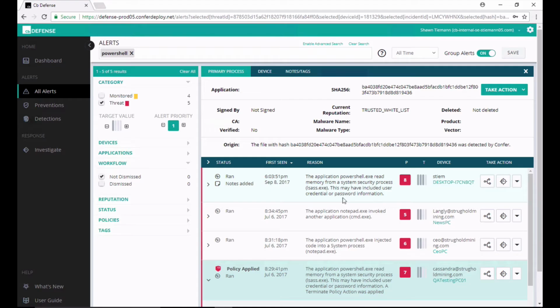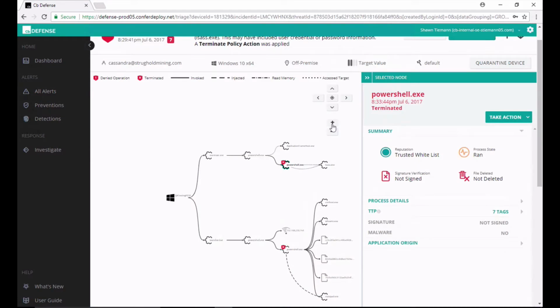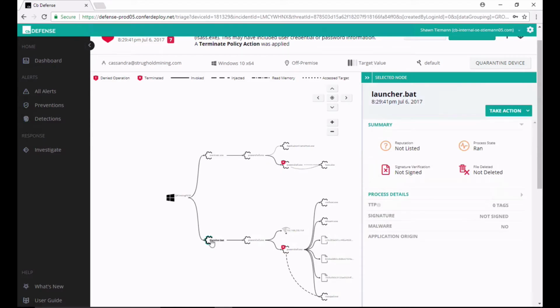I can take a look at this, and if I go into the alert triage page, because AppDefense combines that streaming prevention technology with full EDR functionality, I'm able to look and see what happened on that endpoint. What were the events that led up to that attack? What were the root cause events that led up to it? I can see here that a batch script was executed before PowerShell ran. And then I can see that PowerShell made a network connection with this IP address